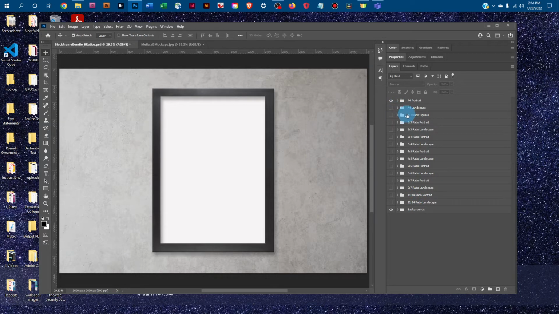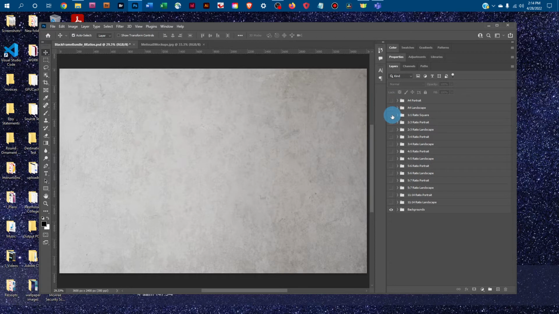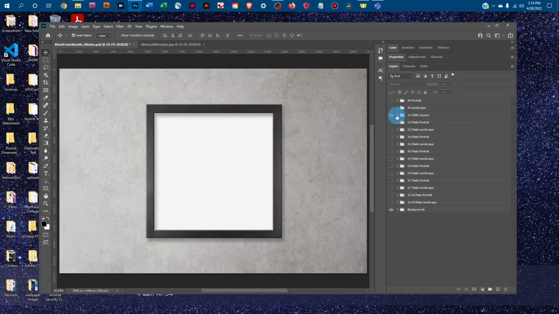So let's say you want the 1:1 square ratio. We'll just click the eye icon next to this A4 layer to turn it off, and then we'll click the box next to the 1:1 ratio square layout to turn that layer group on, and then we'll click the arrow next to the 1:1 ratio square layer group to expand that, and then you'll see our smart object. So you just want to double click this thumbnail icon in the design-canvas layer, and that's going to open up